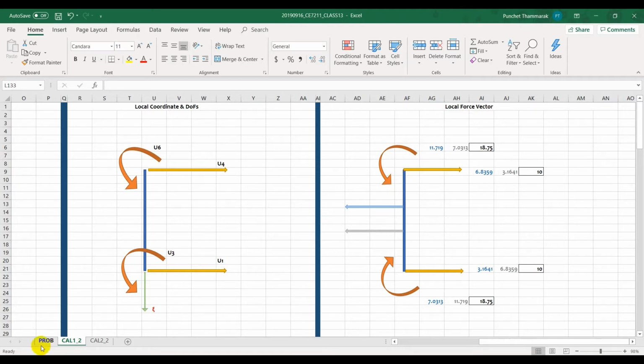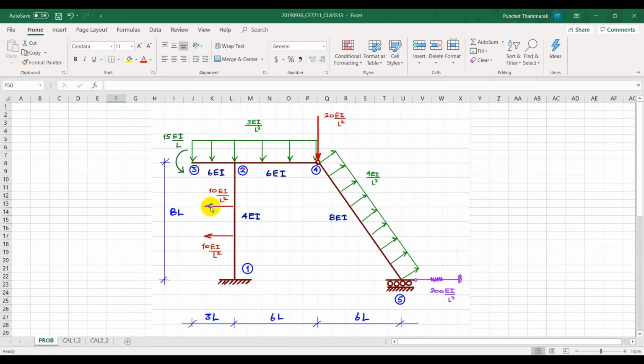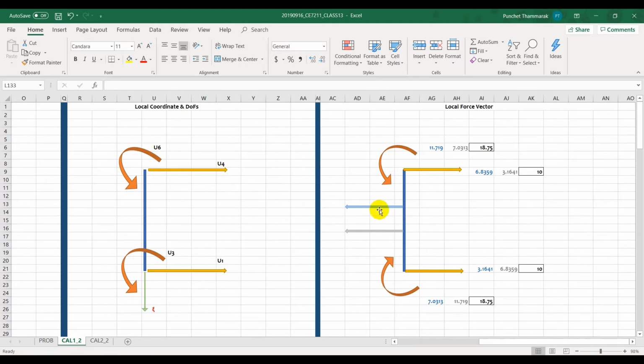Member number 1 is subjected to these point forces pointing towards the left-hand side, and you can see in blue and in gray. So this blue force causes these fixed end reactions. The fixed end reaction is resisting this blue force,